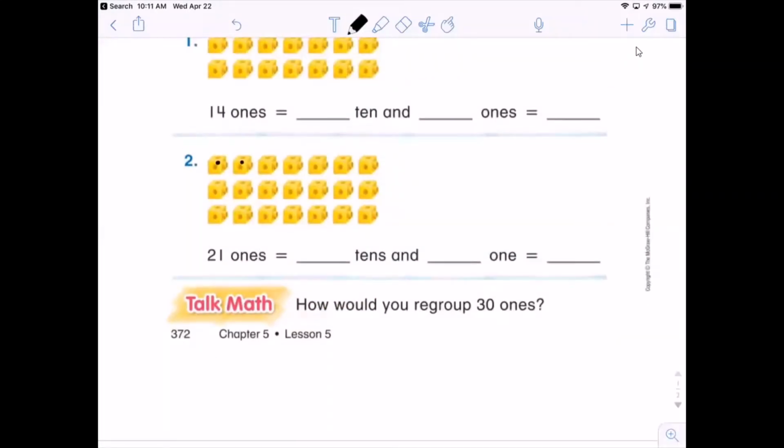I have 1, 2, 3, 4, 5, 6, 7, 8, 9, 10. I have my 10. Okay. So how many groups of 10 do I have? 1 group there. Now I continue counting. 1, 2, 3, 4, 5, 6, 7, 8, 9, 10. I have another group of 10